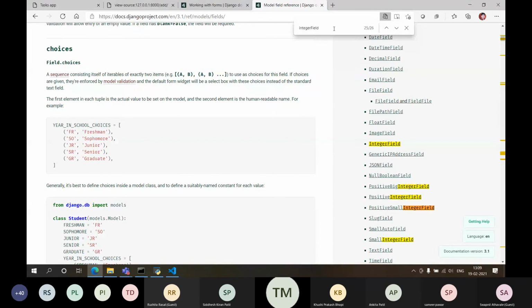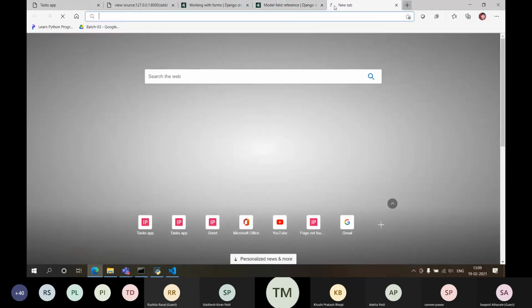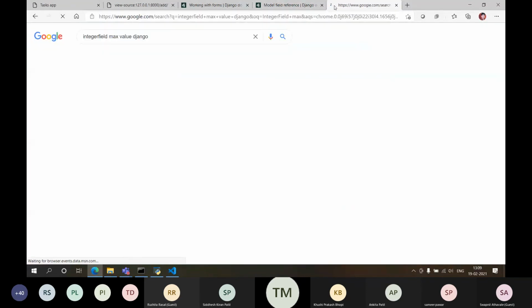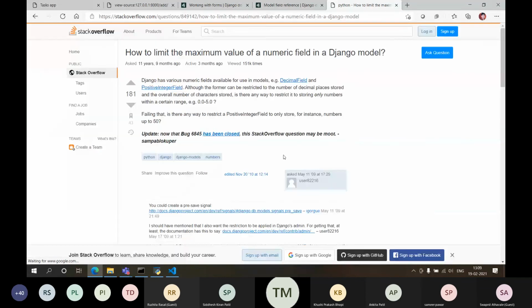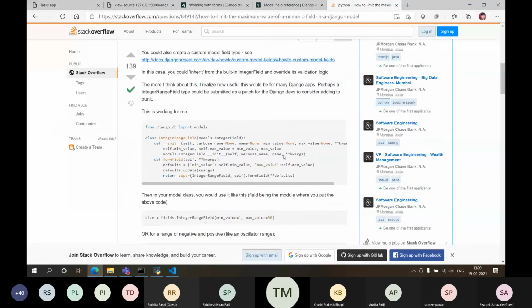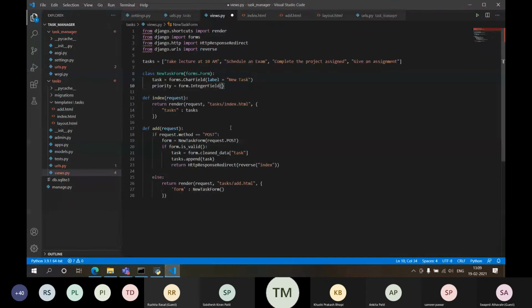Integer field max value Django. Okay, it will tell you integer field name default, min underscore value or max underscore value, right? Let's check if it gives us the correct one or not. Max value is equal to, let's say I want 10 value. Okay.